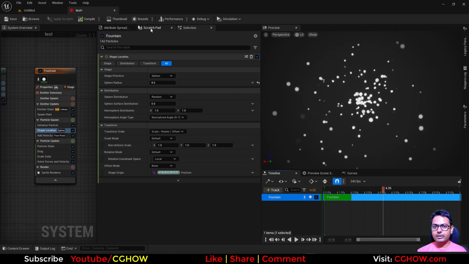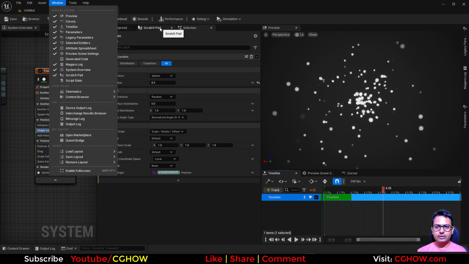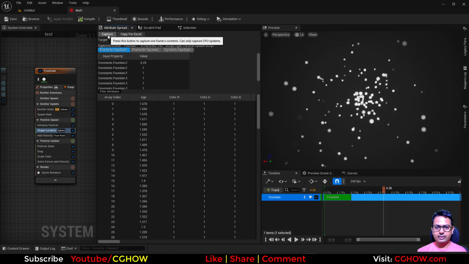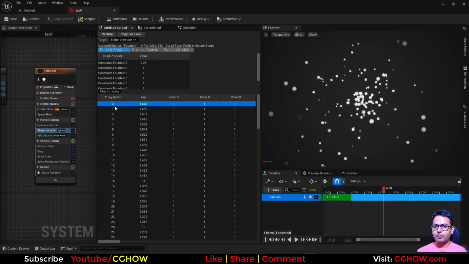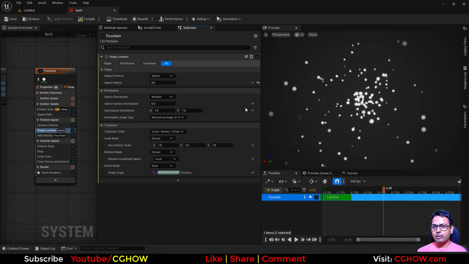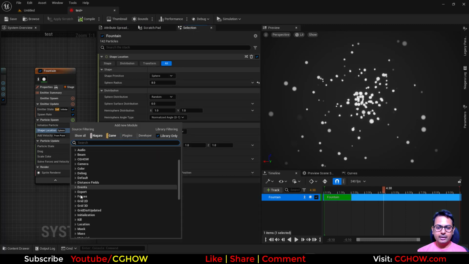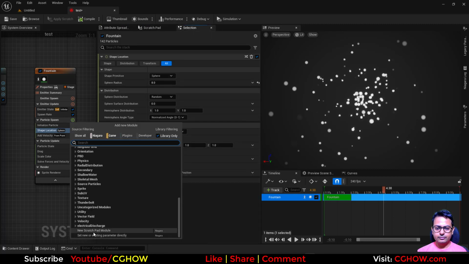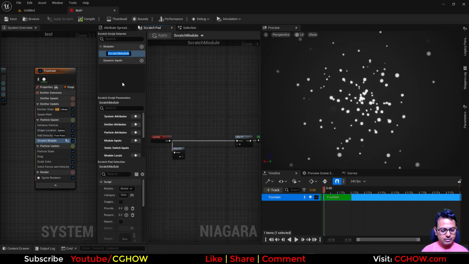If I stop this and capture this, we have this index. You can see it has 0 to 141 right now. So we can use this zero particle position every time for the spawning and for the velocity. So how do you do that? You can create a scratchpad module and call it first particle